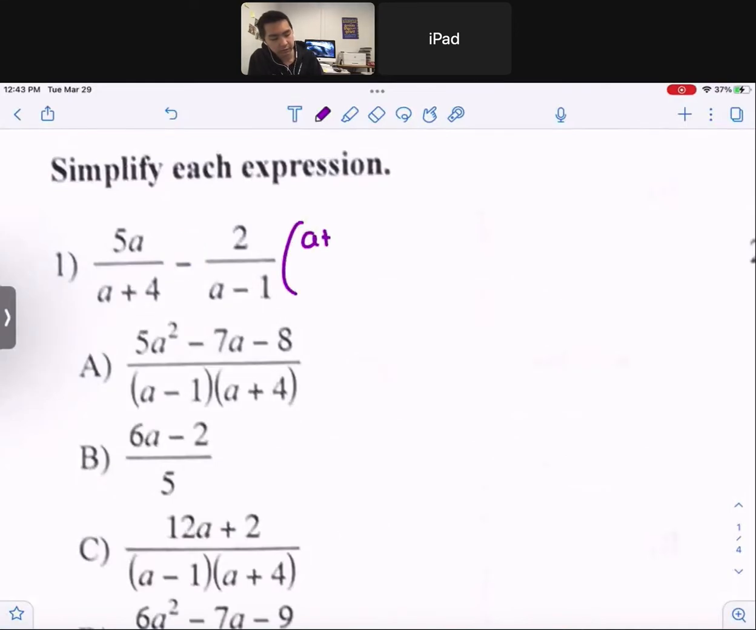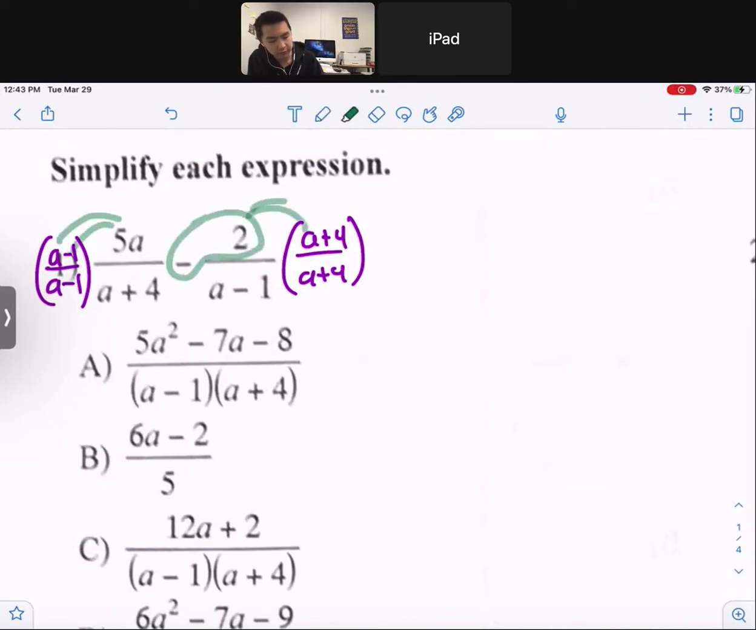So on this side, I'm gonna multiply top and bottom by a plus 4, and on this side, multiply top and bottom by a minus 1. So on top, you're gonna distribute this stuff, and please do not forget, if it's a minus sign, attach the minus sign to the one up top. So you guys will get a common denominator of a plus 4 times a minus 1,